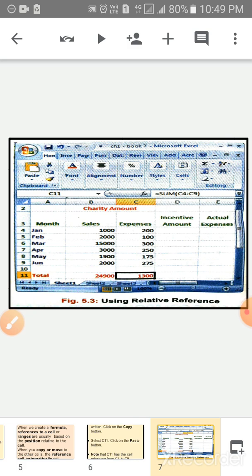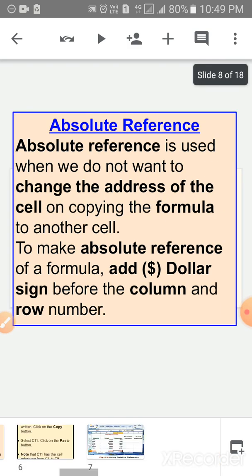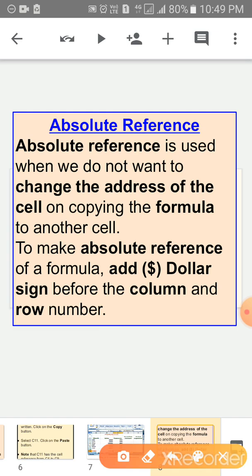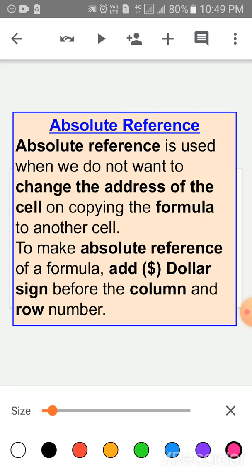Now children, next is absolute reference. Absolute reference is used when we do not want to change the address of a cell on copying the formula to another cell. When we copy the formula from one cell to another, the address of the cell is not changed.